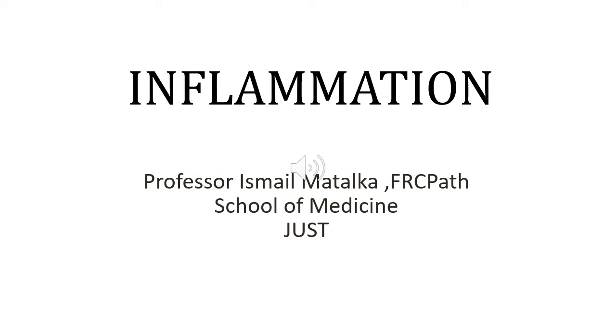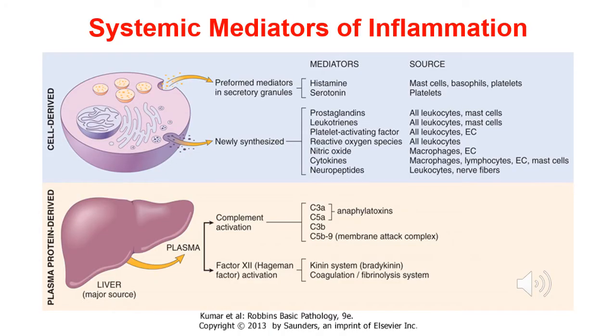This is our fourth lecture about acute inflammation and will be the last lecture in this topic. After that, you will be receiving three further lectures about chronic inflammation. In this lecture we'll be covering the last category of the chemical mediators of inflammation, which is the plasma protein derived chemical mediators, which includes the complement cascade or complement system, as well as the kinin and the coagulation fibrinolysis system. So we'll be covering this, and after that we'll touch base with the main morphological appearance of inflammation